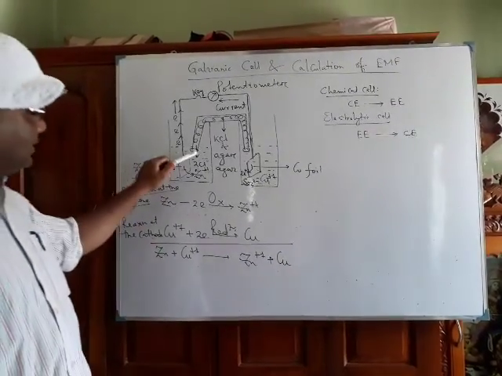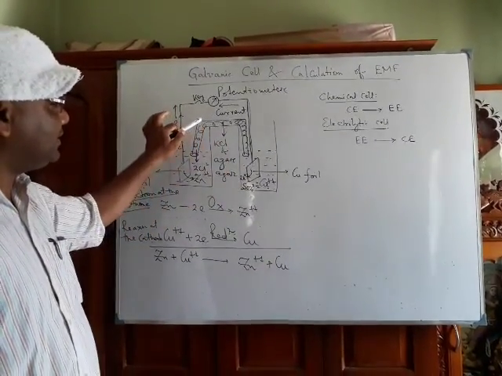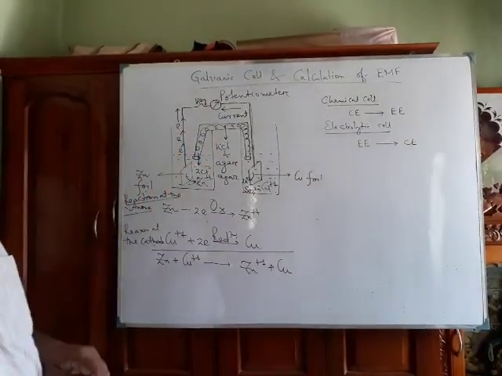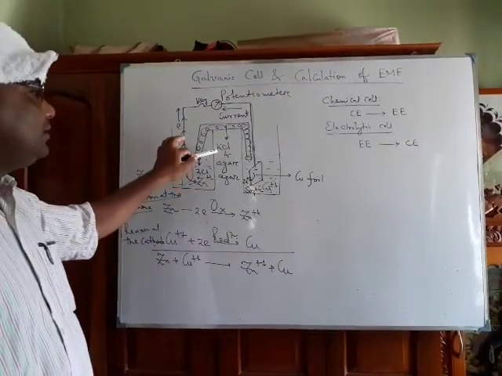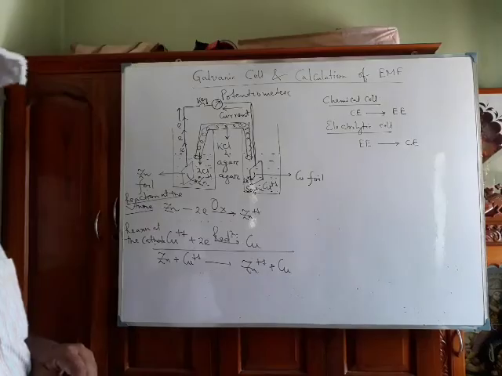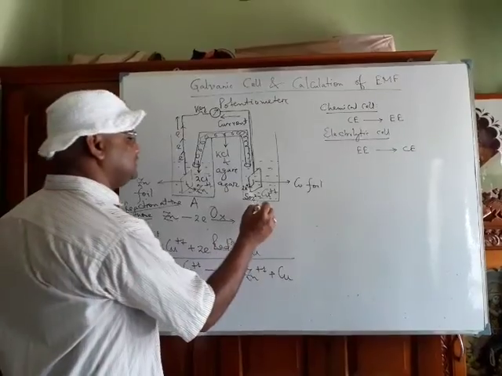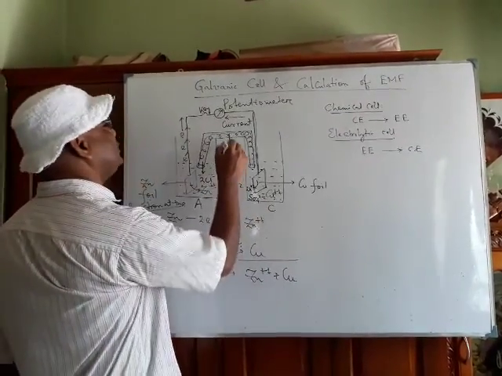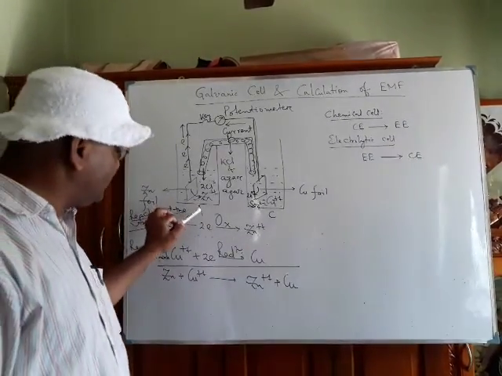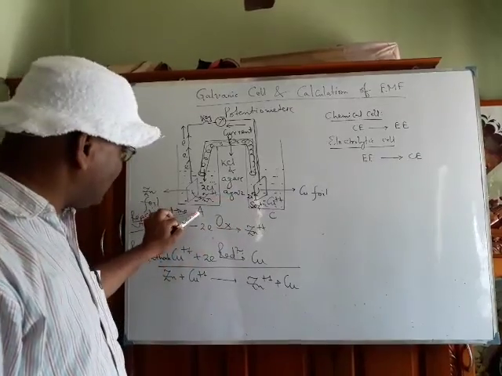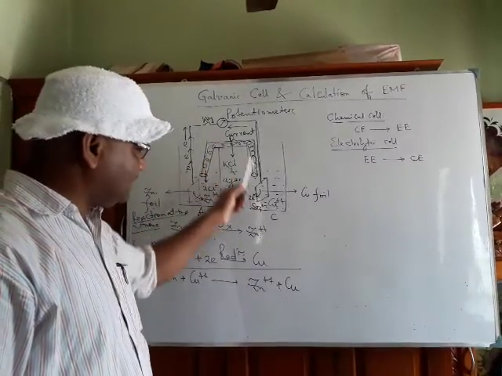So in the arrangement there should be zinc ion, copper ion, and at the same time there should be a U tube, also called a salt bridge, that contains KCl and agar-agar, or sometimes you may take potassium nitrate also, no problem. In the arrangement, remember, there will be A at first, then C, and in between there will be B. Means always, by convention, the arrangement should be A, B, C: anode, salt bridge, and then cathode.